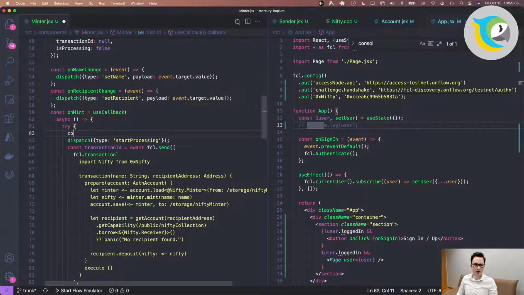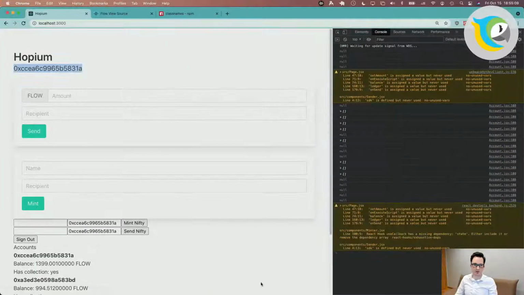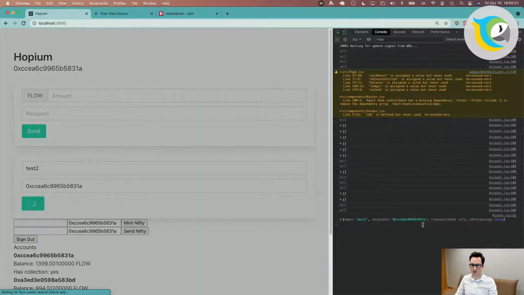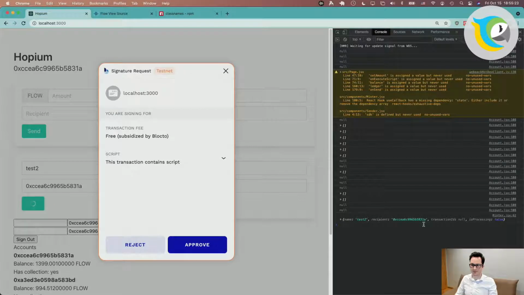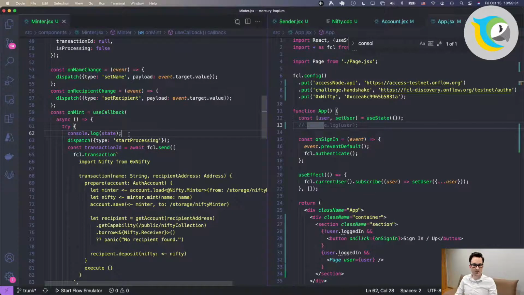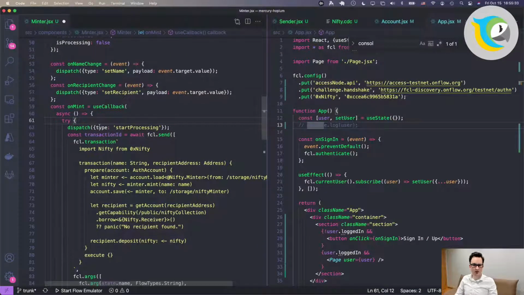I'm going to console log state, and that's going to be useful. So this is going to be test2, and I'm going to be the recipient. So we send the test2, recipient is looking good. So we don't need to go further there. That looks fine.